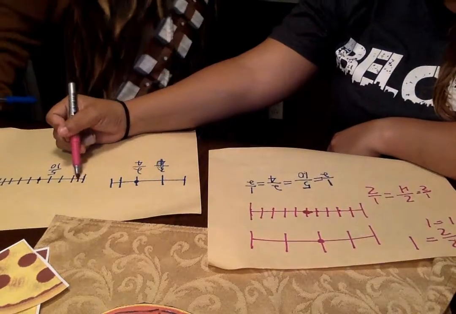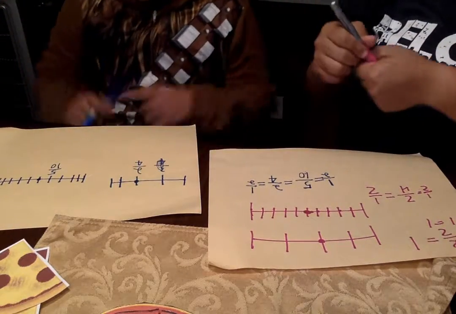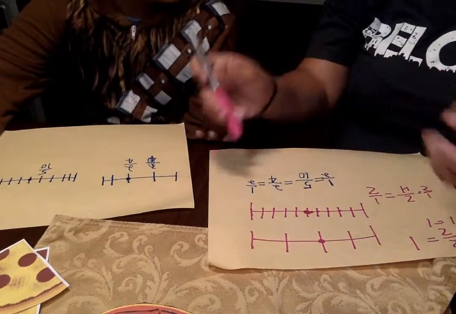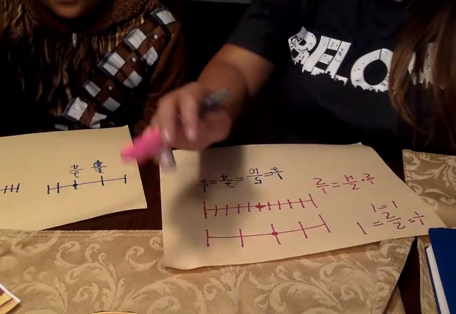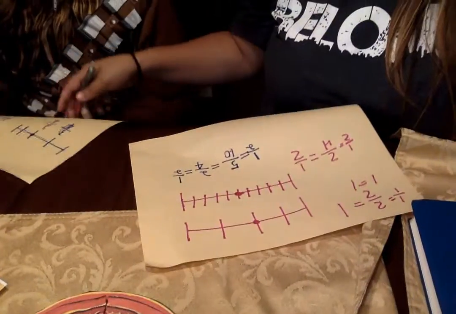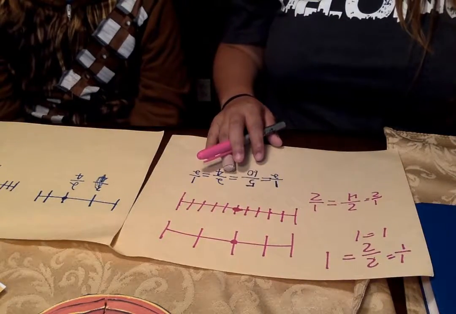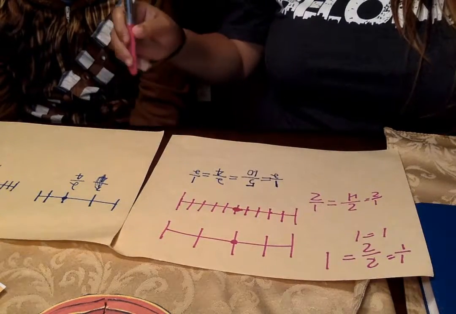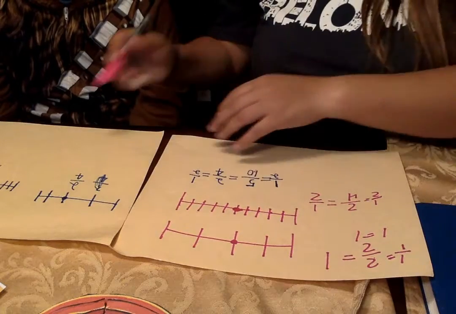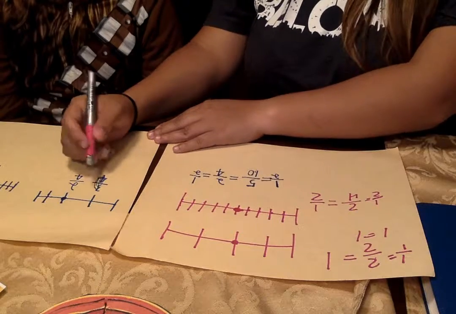So let me count here. 1, 2, 3, 4, 5. Good job. Awesome. We are going to try one more, and this time you are going to do it on your own. You're going to do it just right below. Since you already had the 3/4,